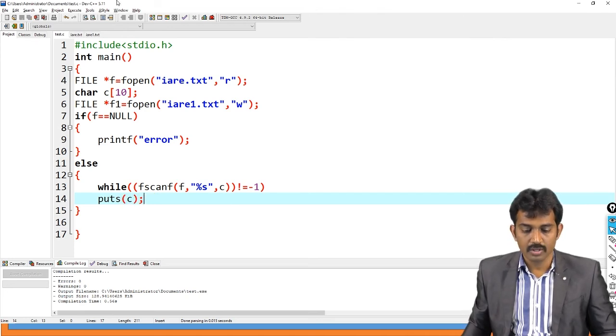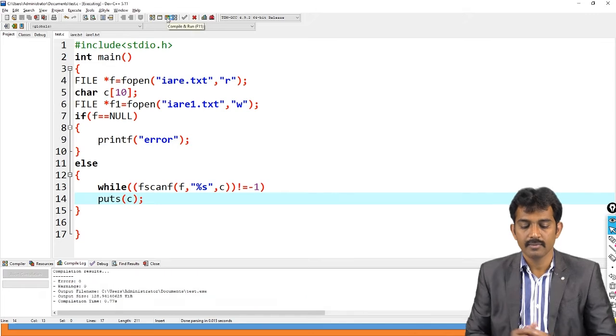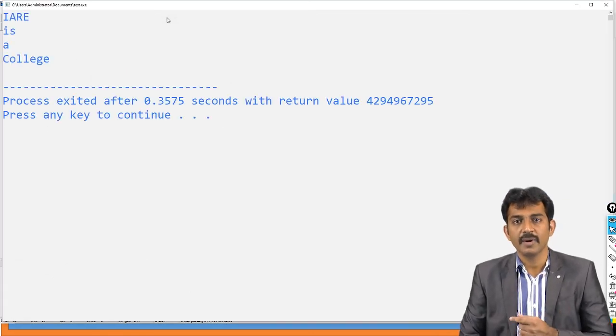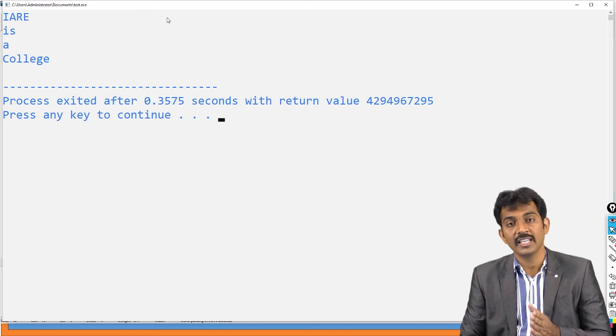See, if you run this code, IRE. Why didn't you mention any size, but it displays IRE is a college? You know that scanf is going to read data until a space. When the space comes, the next argument is stored in the next variable.